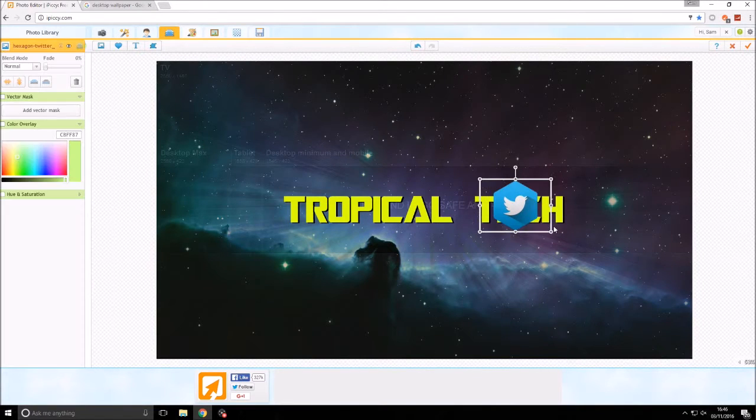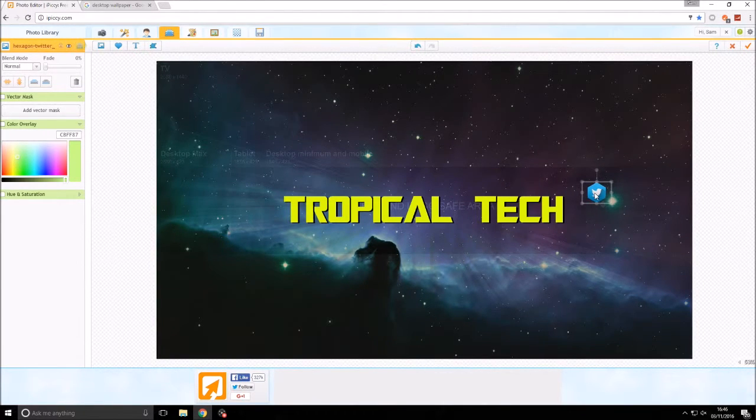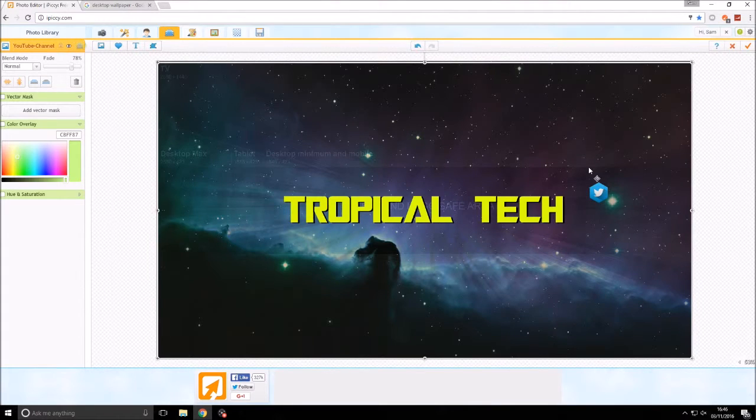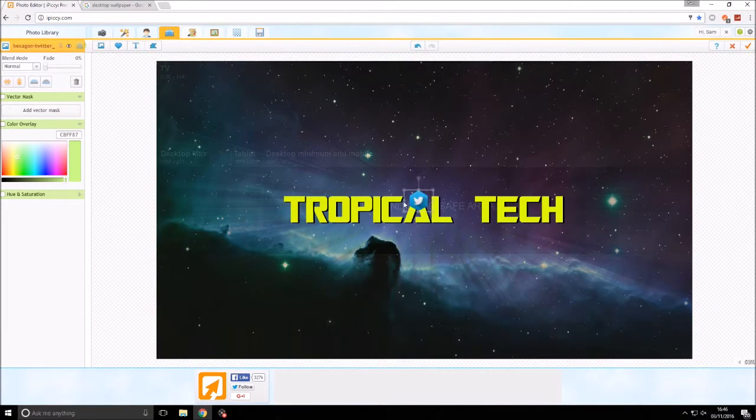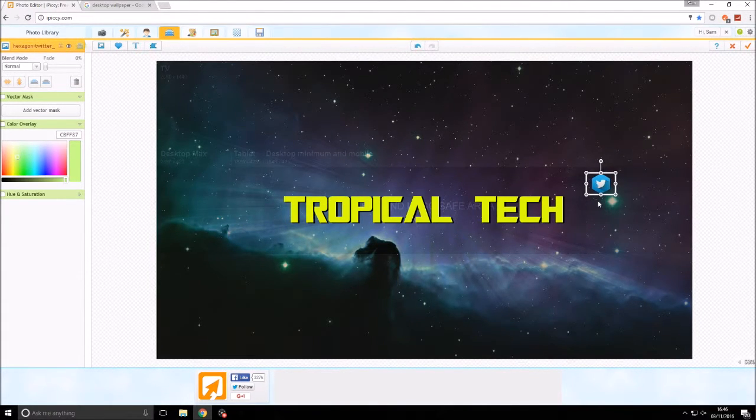So we can also add social media on it. If we get something like this, the Twitter logo, let's say we put it up there where this is going to be space. In fact, if we move it slightly over that line, that basically means this won't show up on mobile, because if we wanted it to show up on mobile, we'd have to put it there. We could put it there, but it takes up a bit too much room. So if we move it out of the mobile zone, it'll show up on most desktops, but it'll keep the